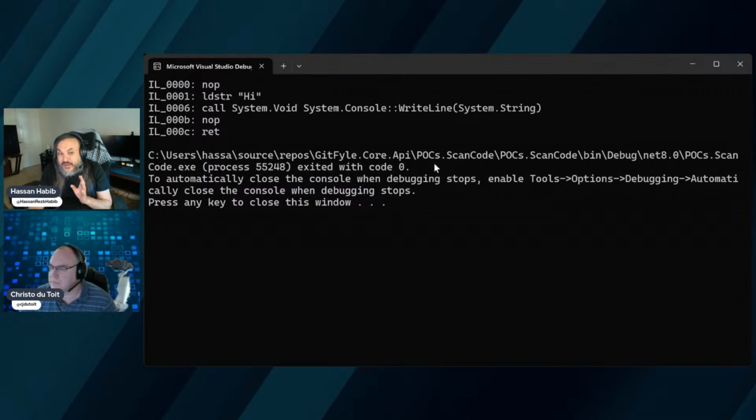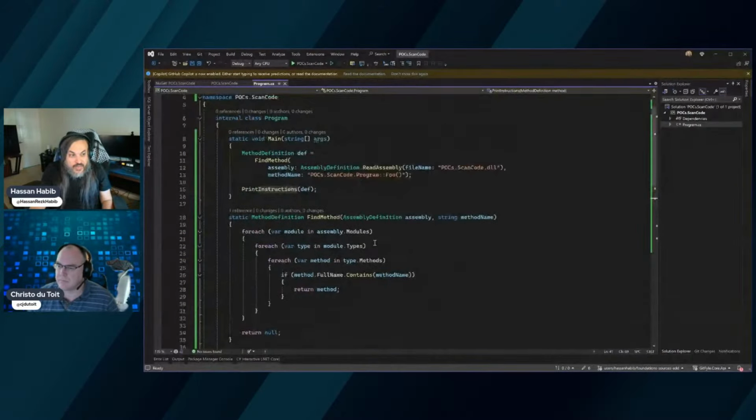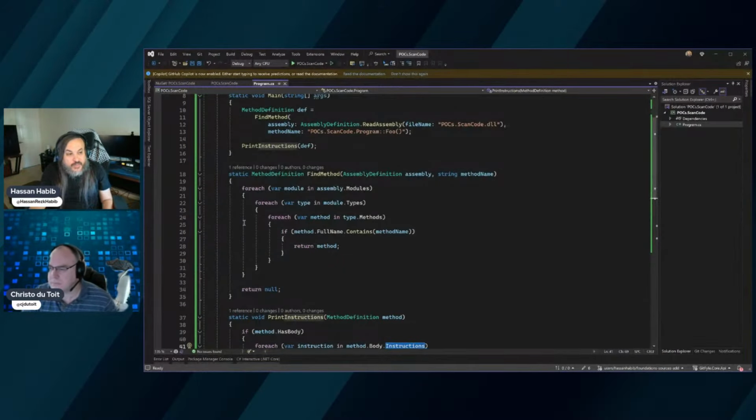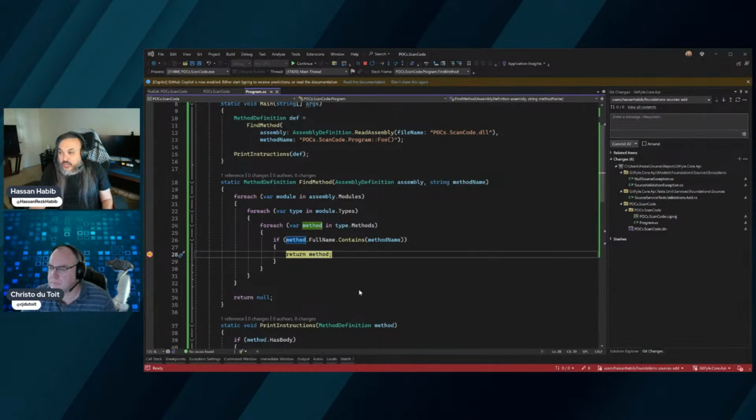So not just that, there's a lot more interesting things in that part, which basically tells you here's the weight of your method, or the size of the code of your method. So I'm gonna put a breakpoint in here. I'm gonna show you this. It's wild. It's very wild. I'm gonna put a breakpoint here, and then I'm gonna run this thing, and then I'm gonna do a quick watch. I hope, can you see the quick